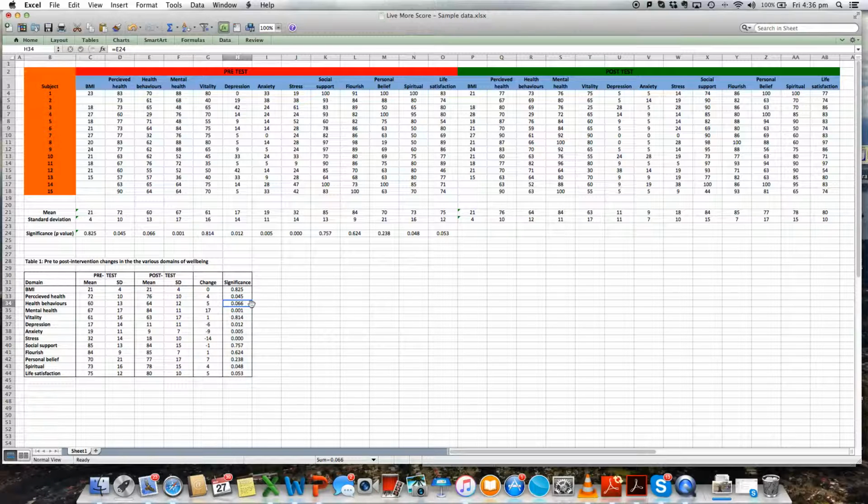Health behaviours, 0.066. You know what? That hasn't quite made it. Now, why 0.05, I hear you ask? Great question. It's completely arbitrary. In the sciences, that's what we tend to use, that 0.05 level of significance. Sometimes we use a 0.01 level of significance, and we talk about that as being highly significant, as I mentioned a moment ago. So what we could say is this one was borderline significant, but didn't quite get there at